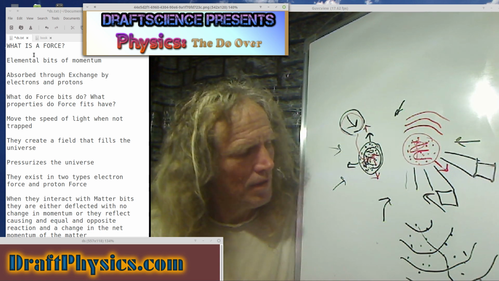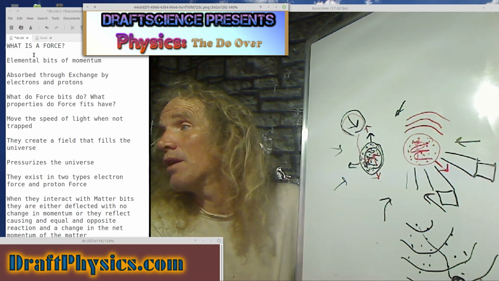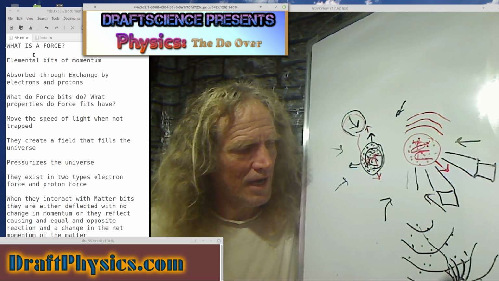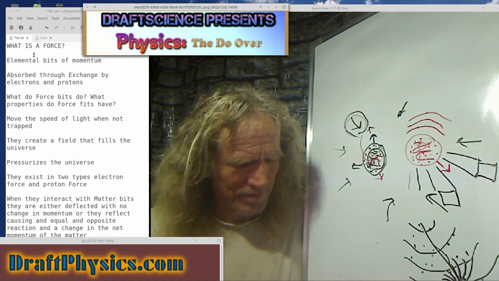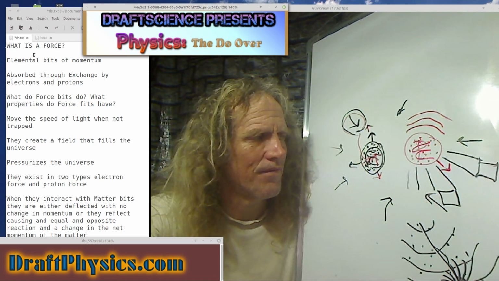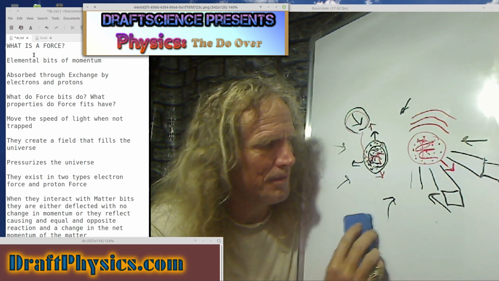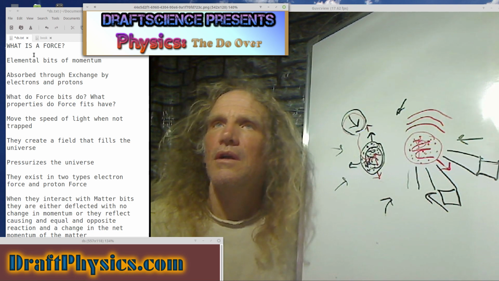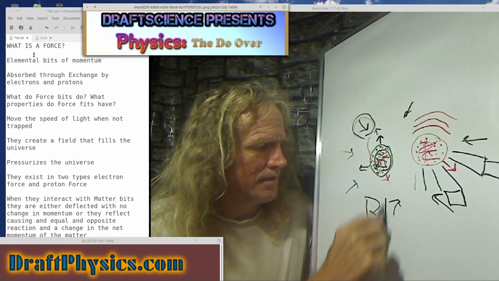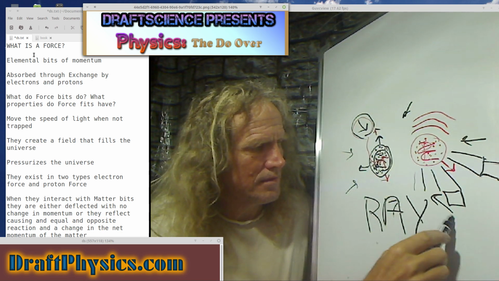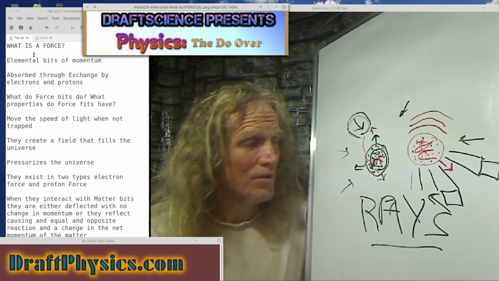It doesn't land as a wave anywhere. It lands as one little point, one spot, one tiny place. So this idea of a wave is just incoherent to the facts. It's another reason to forget about this ether stuff. It's rays, rays, rays, rays. So I guess I have to emphasize that point. It's rays of force. Like I said, but if you want to force it to be an ether, you can.